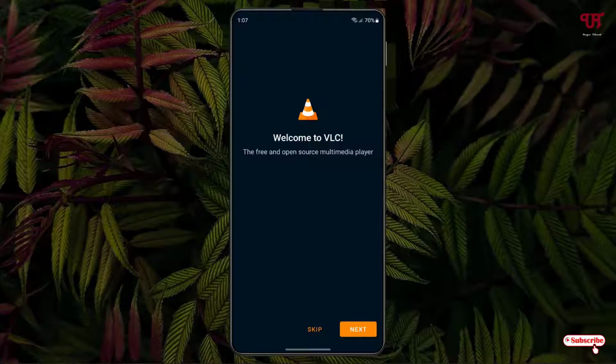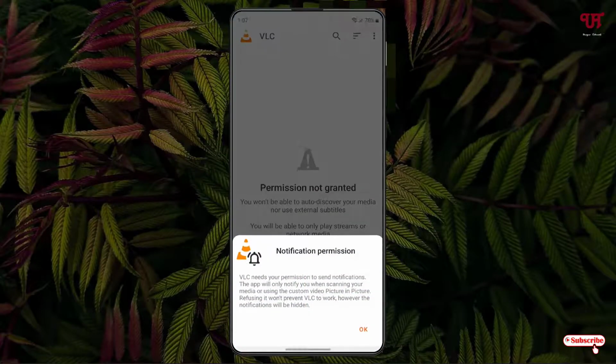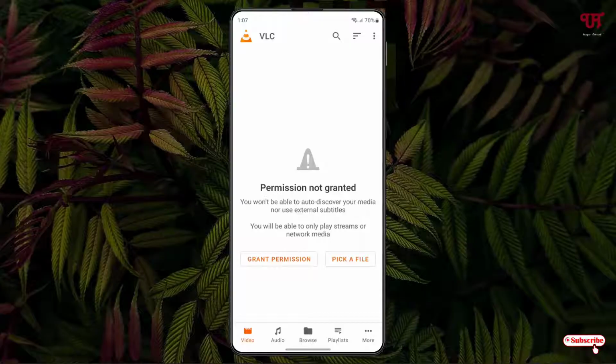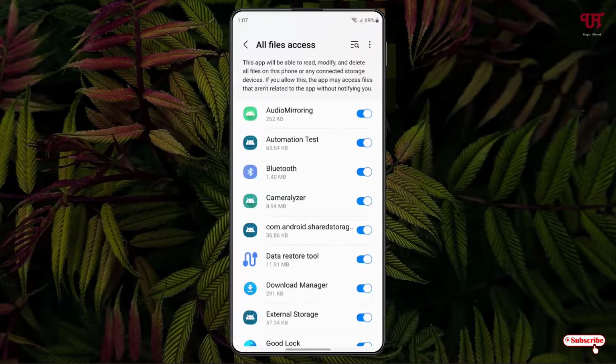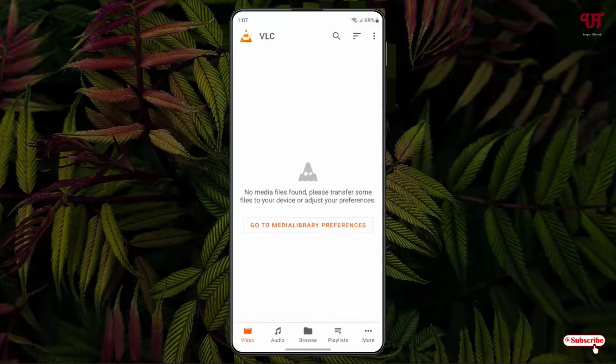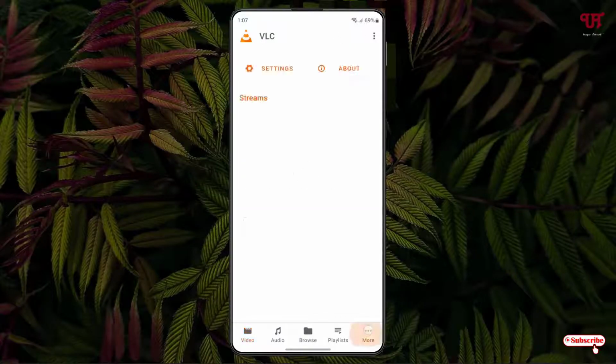Now just tap on skip or next, whichever you want to click. I will just click on skip, click on OK, click on allow all the permissions. So it's asking some permissions, just grant permission, click on OK, just enable this option. Move back. Now on the right bottom you can see one option written more, just tap on it, and now